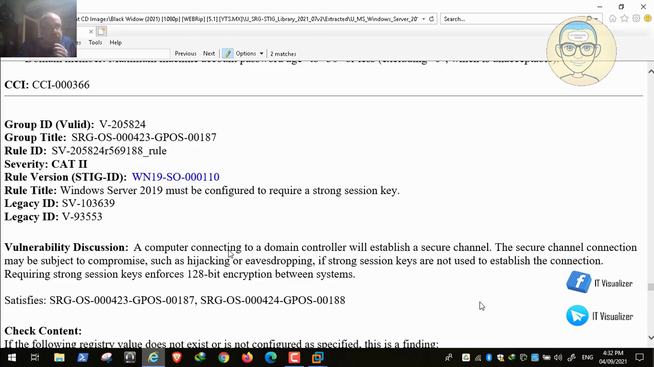Okay, so this is to ensure that the encryption key used to encrypt the data sent to the domain controller is strong enough. He is saying that the secure channel connection may be subject to compromise. So if a strong session key, a strong encryption key, is used to encrypt the data sent to the domain controller, this will be much better. So by enabling this